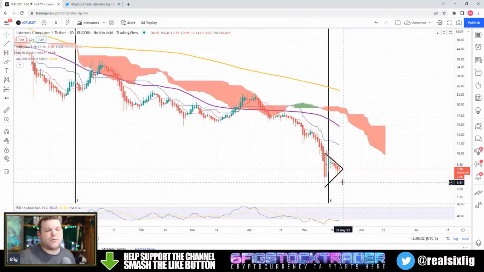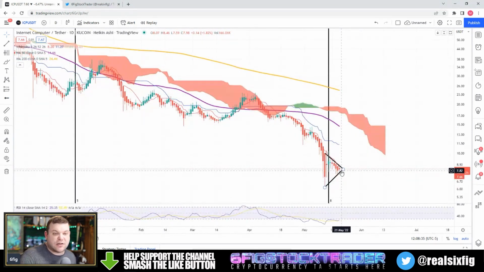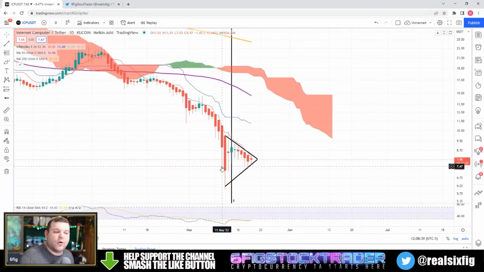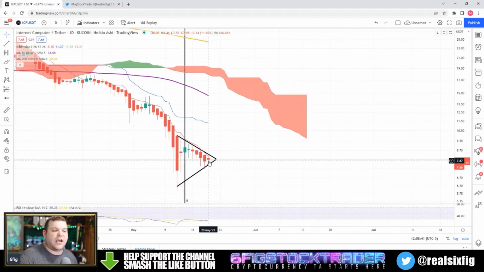So with that said, we do have a symmetrical triangle squeeze going on right now that I don't think anybody would argue with, but we do have a spinning top that is floating at the end of this symmetrical triangle. As prices squeeze, the bulls and the bears tug away at this price until they butt heads, and then the price just goes boom and flies either way. I hope you guys enjoyed that little sound effect I just made there.